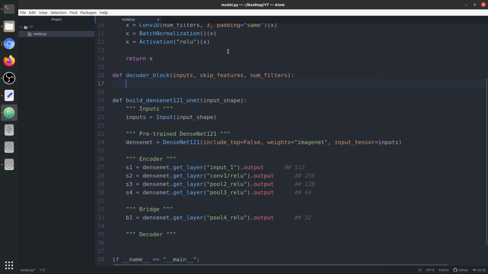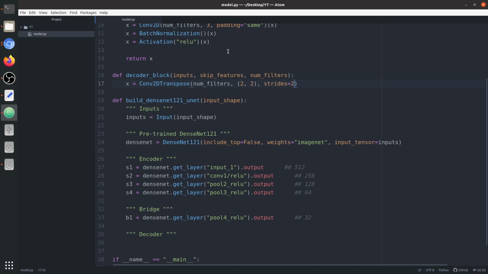So it first uses a 2 by 2 transpose convolution, and it takes the number of filters, then a 2 by 2 kernel size and a stride of 2. Stride 2 would double the spatial dimension, that is height and width.